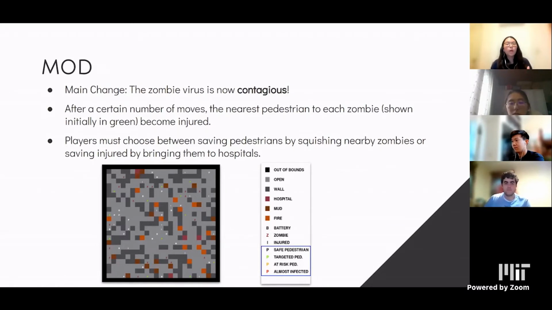So you can see at the bottom of our grid world the different statuses that we've added to our pedestrians. Green basically means that they are targeted and they will turn sooner or later. Orange basically means that they're at risk, and it signifies the halfway point, halfway in between the wave where they will become infected in a few extra moves. And when it's red, that means you're 1 move away from becoming infected and you should hurry up to save them.